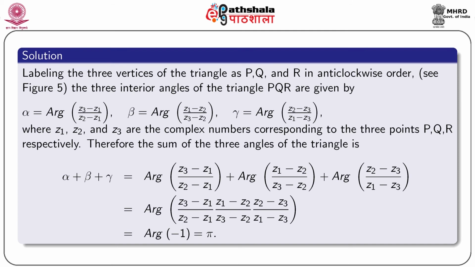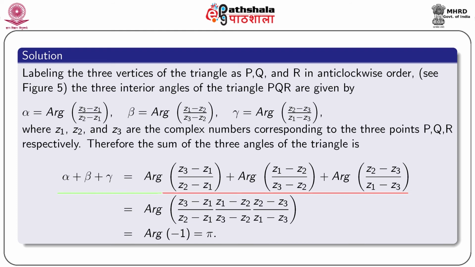having respective coordinates Z1, Z2 and Z3 are given by alpha equal to argument of Z3 minus Z1 by Z2 minus Z1, beta equal to argument of Z1 minus Z2 by Z3 minus Z2, gamma equal to argument of Z2 minus Z3 by Z1 minus Z3. Therefore, the sum of the three angles of the triangle is alpha plus beta plus gamma, that is equal to